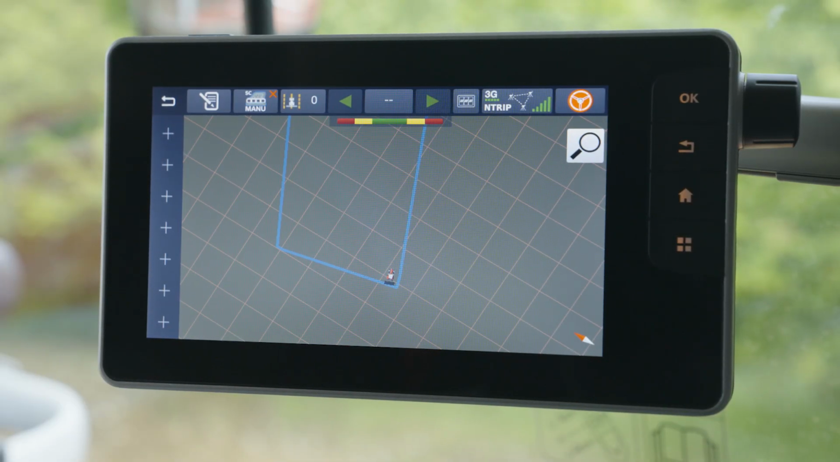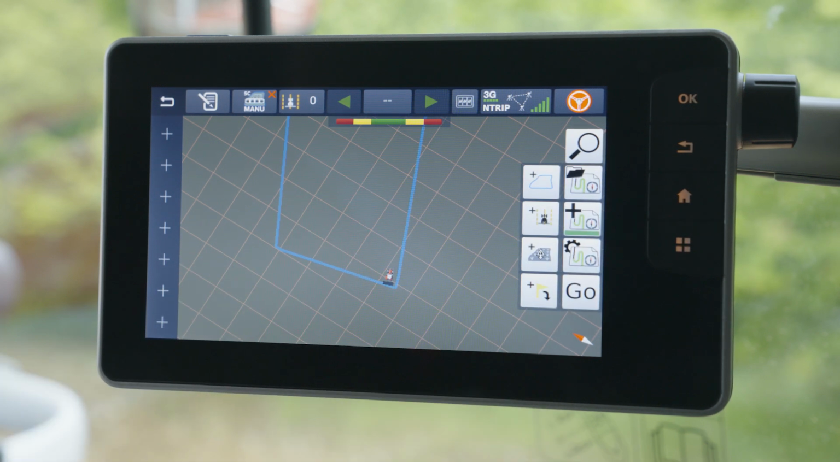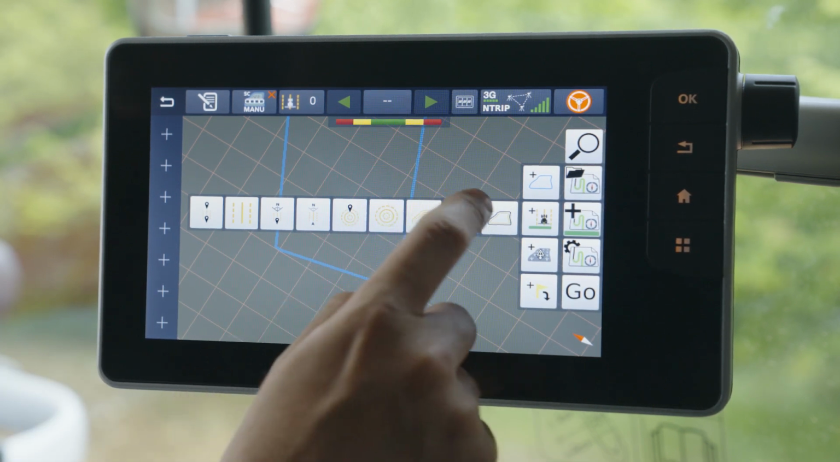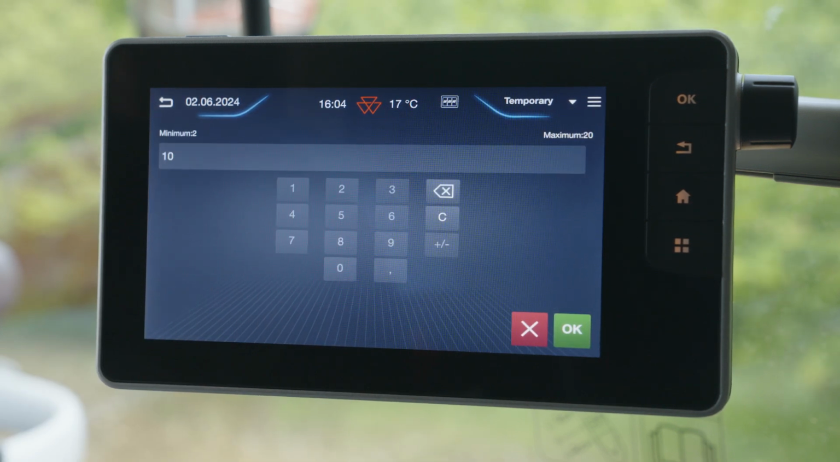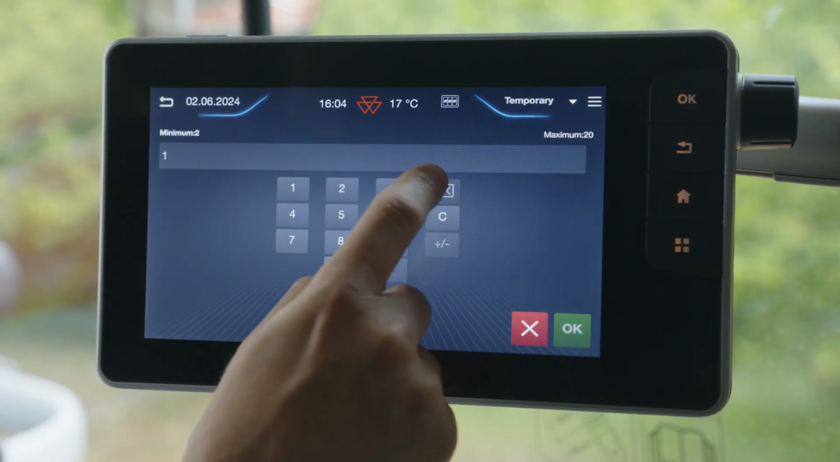To begin, once you've defined the field boundary, tap the Create button from the side menu on the map screen. Then, click on Create Wayline from the submenu. Finally, select Contour Segment. Next, click on Maximum Segment Quantity to set the number of segments to be generated from